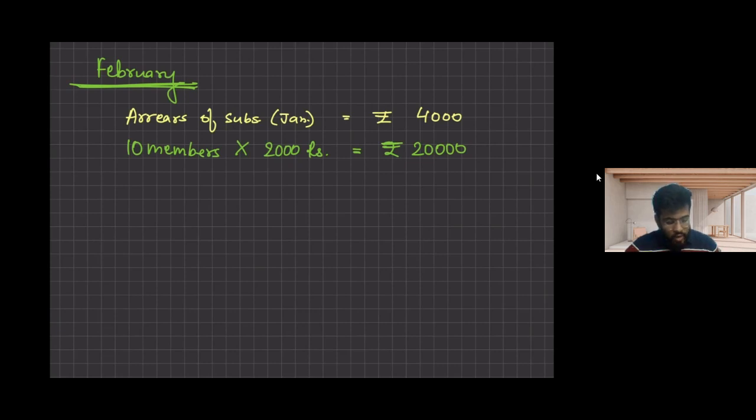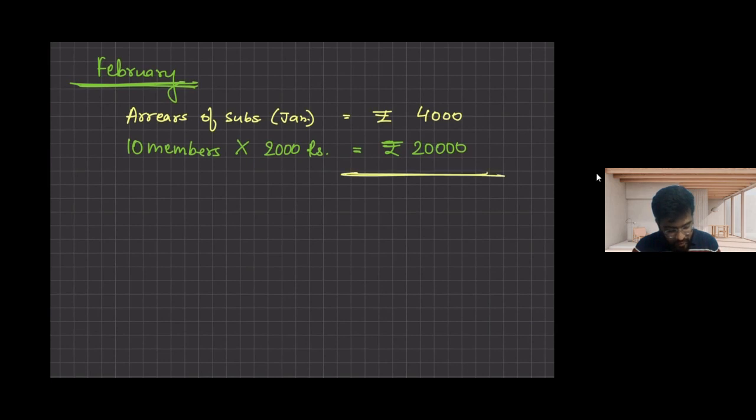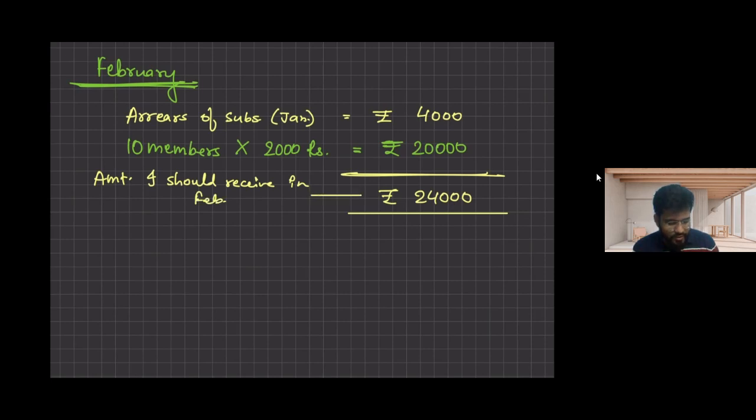So if I say how much amount I should receive in the month of February, the answer would be, sir, 24,000. This is the amount which I should receive in February. Is this thing in my control? The answer is no. If the members are going to pay or they're not going to pay, that is not in my control. But if I ask you one question,